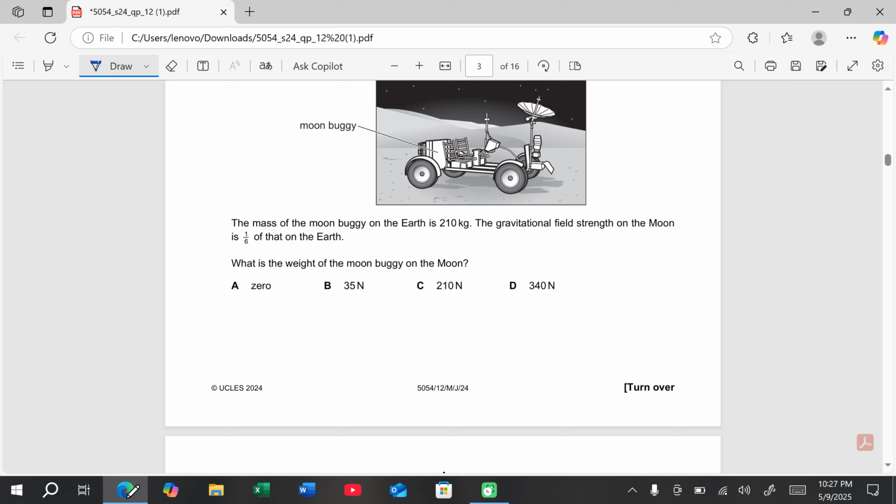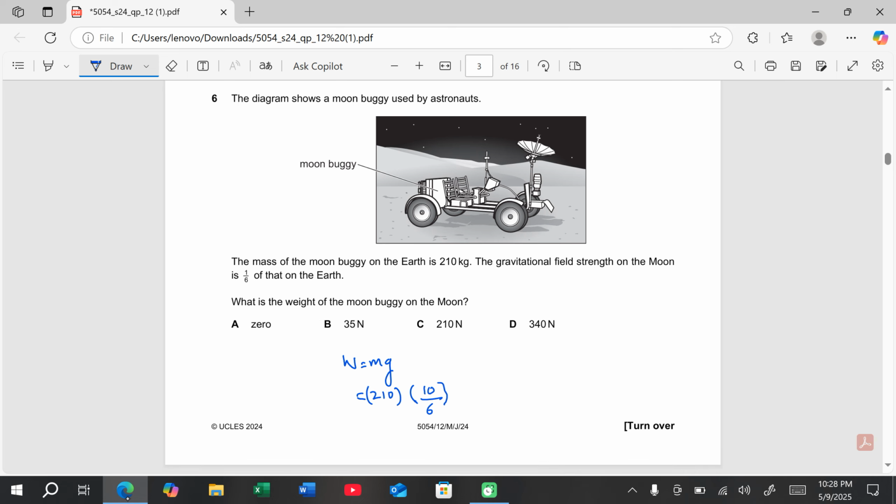So that is W equals mg. 210 is the mass. On Earth g is like, I'll take 10, although you need to take 9.81, and then since it says 1/6 of that, we're going to do it this way. So when you're going to solve this,